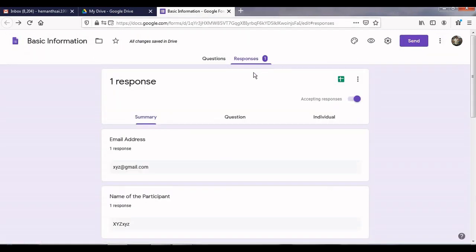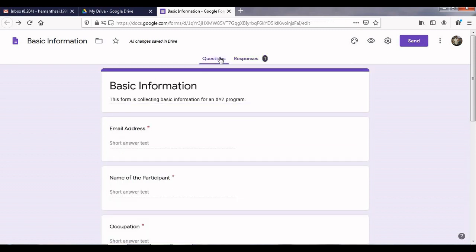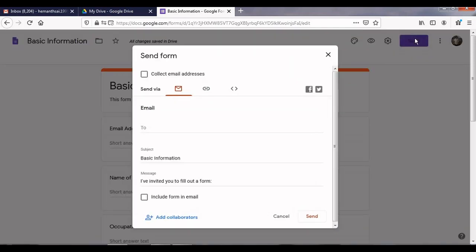And how to send this Google form to others. After that we have options. Send to whom? Send to some email ID.